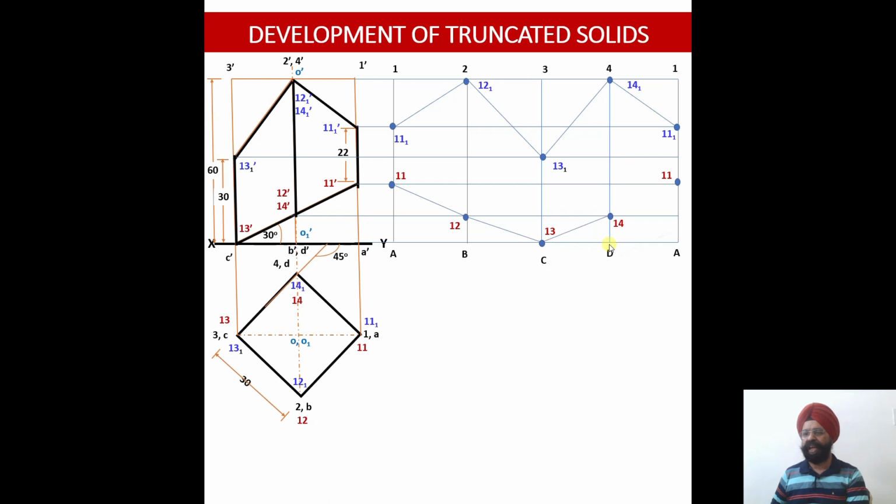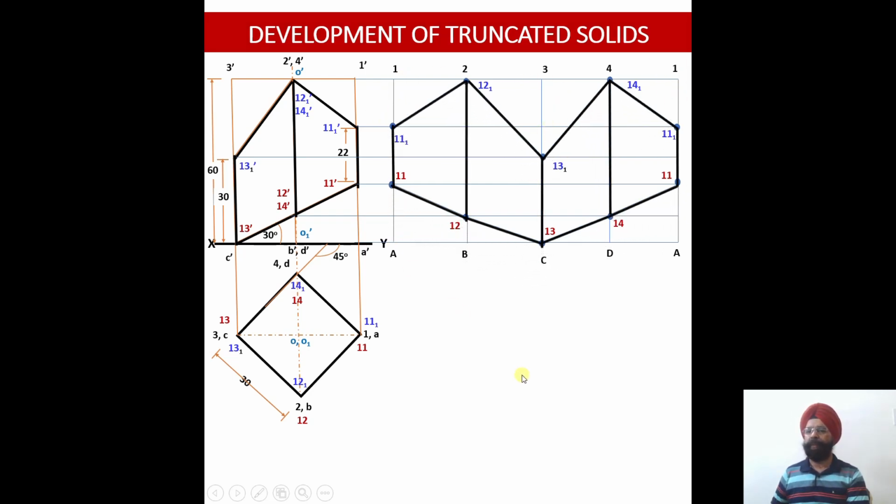Now I am going to join them one by one. You see, I have just taken steps because otherwise it would have appeared that there is a straight line, right? So it's not a straight line, two segments are there, so there is a slight change in the orientation over here. Next, having joined these lightly, these portions have been removed, this portion and this. Now I am going to darken the development which has been obtained. If I do the folding at all these vertical generators, the folded pattern is going to give me the shape of the cut solid or the truncated solid, right? So this is my development number 1.